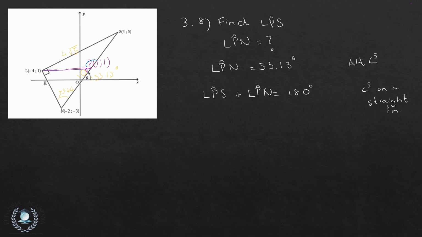So I'm just going to do the substitution: LPS plus 53.13 degrees is equal to 180, and we will find that our angle LPS will be equal to 126.87 degrees, and that's how we do